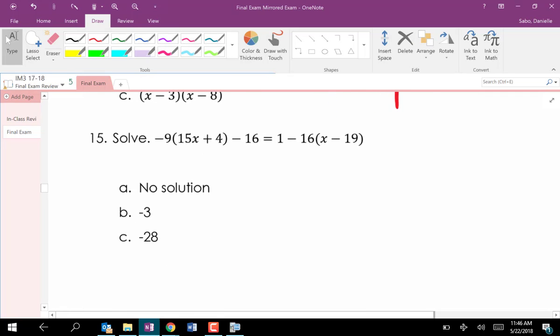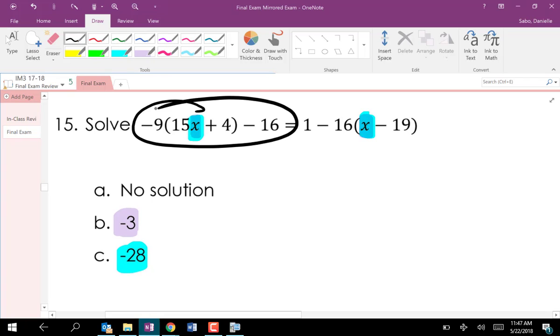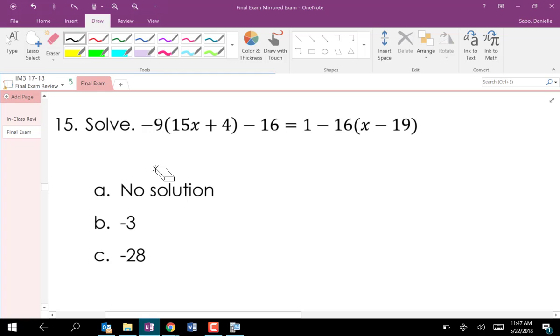Look at how crazy this problem is right here for 15. If you don't remember, you only have 2 options. You can take negative 3 and plug it in, and see if it works. If it doesn't, it's not an answer. Negative 28, I don't know that. Okay, again, you could just take these answers and plug them in. Whatever you get, that's a lot easier sometimes than doing the math. You guys have advanced calculators. You can just plug in and figure it out. Okay, you have the remainder of the time to work on it. You have tomorrow too, so if you only get a couple